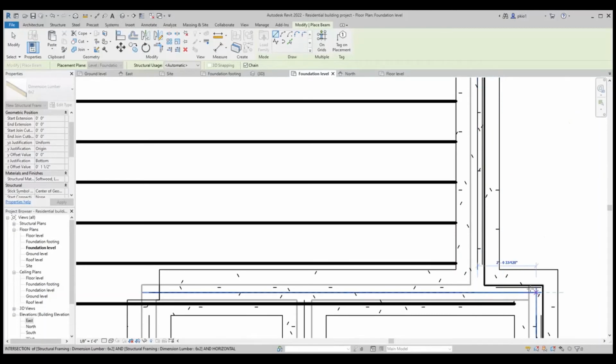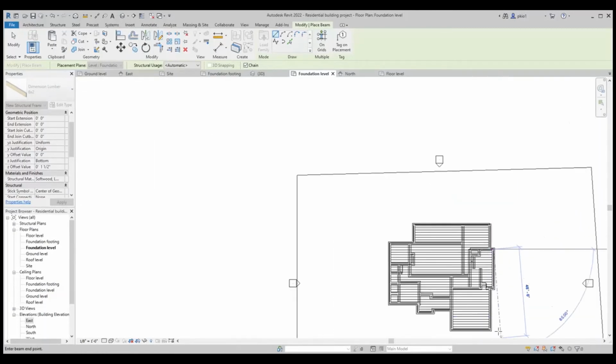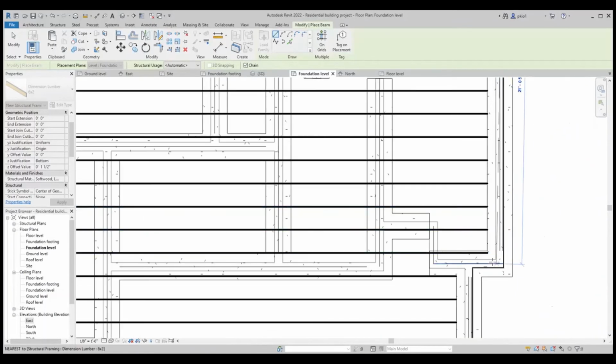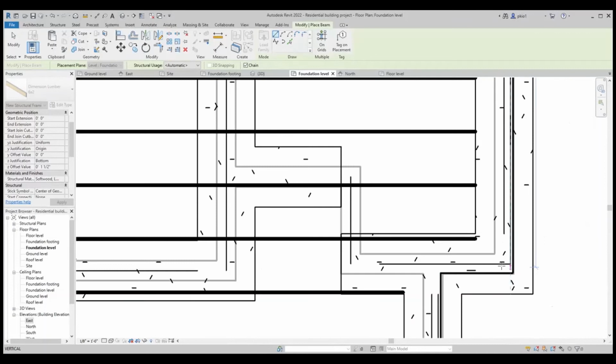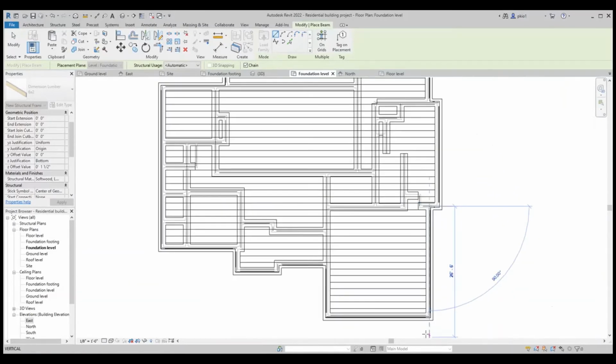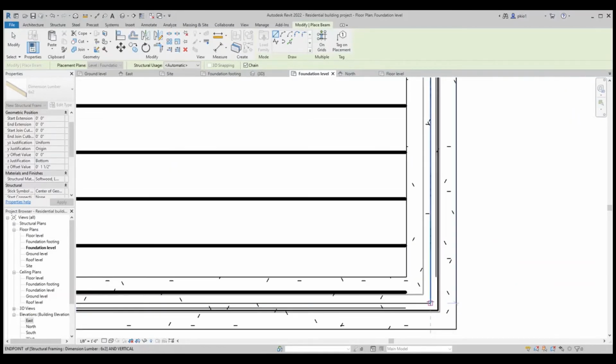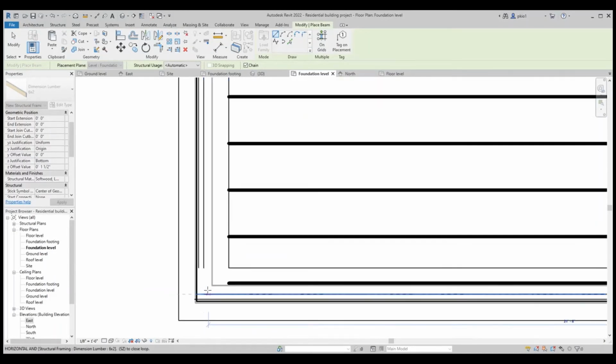I'll go around the perimeter wall. Any wall that is not in place can be aligned later. We'll go around the perimeter with the bottom plate.